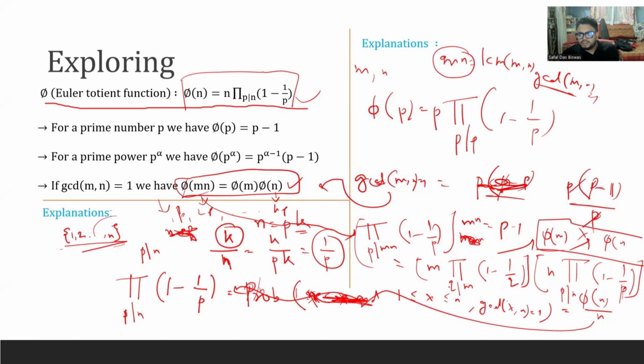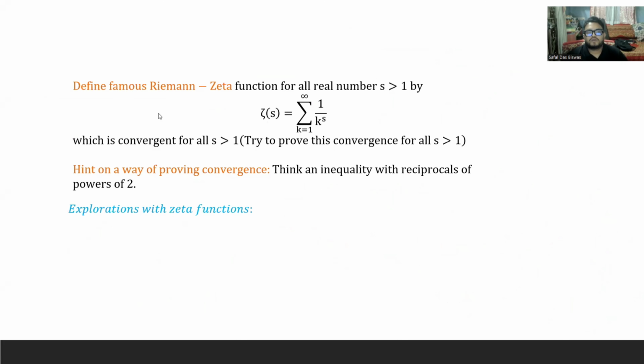So this prime q is distinct from all the primes of the other number. That's it, this is not critical. And if you just plug in p to the power alpha, a prime power, you just get this formula. This is not that critical. Okay, now proceeding to the next. This is one of the very important things about